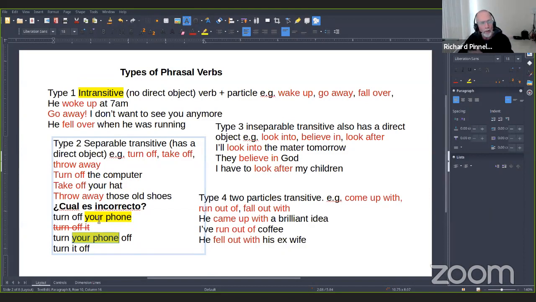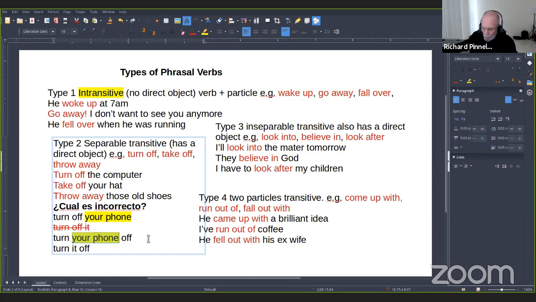So we can say turn off your phone, or in most cases, not all cases, we can put it in between the 2 parts and say turn your phone off. Both are correct.